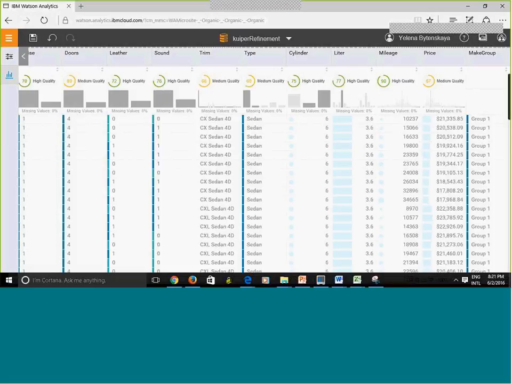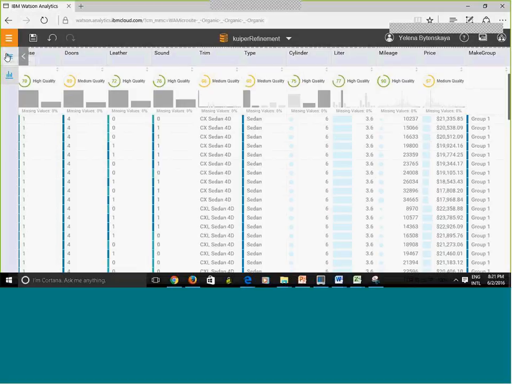Another thing that I like here is that I can show and hide columns. If your company has multiple business units and you don't want certain people to see certain columns, you can create a different copy of the refinement, so to speak.